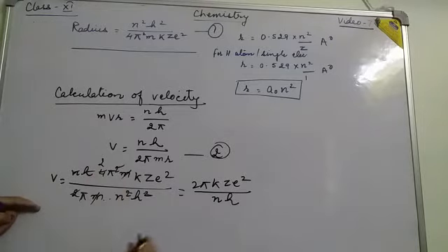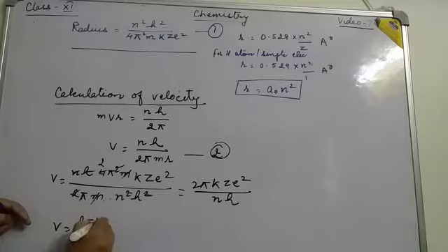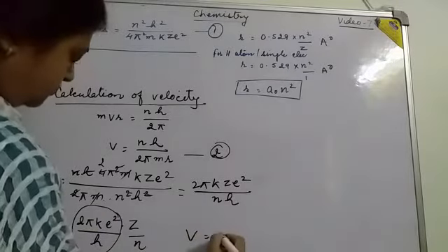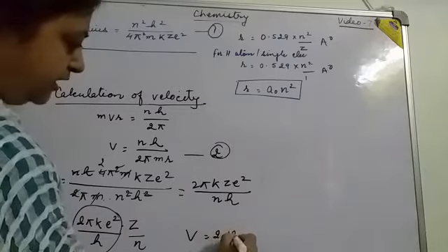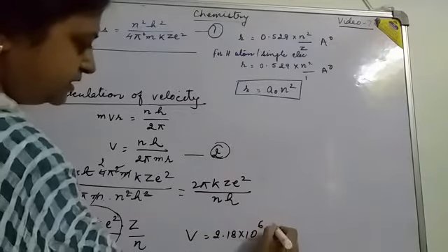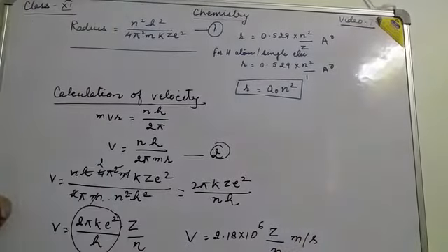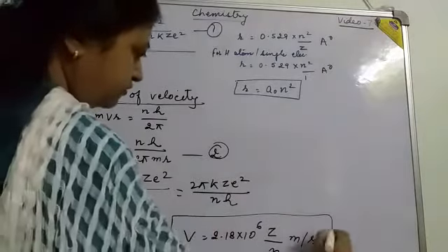So velocity is equal to 2 pi k z e square by n h. These all have constant values. So v equal to 2.18 into 10 to the power of 6 z by n meter per second. This is the value of velocity